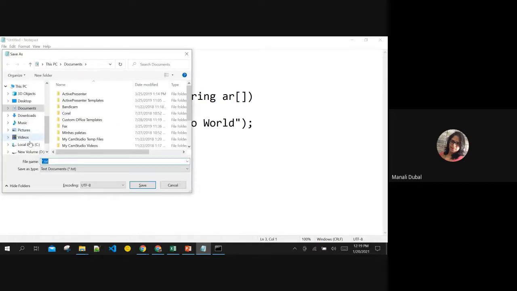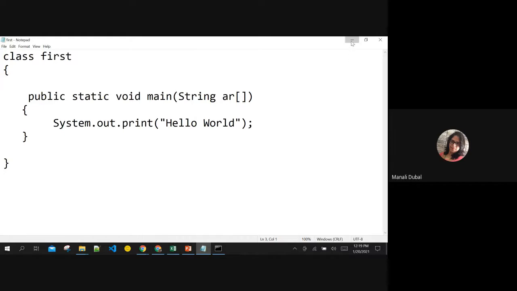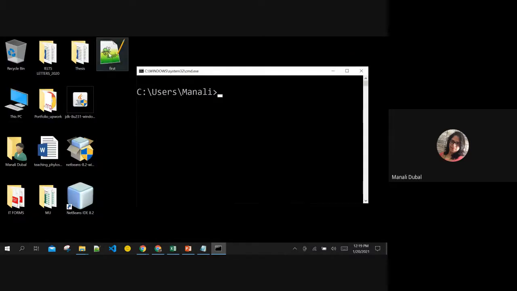Say, for example, I'm saving it on my desktop, all right? I'm saving it as first.java because the extension is .java here. It is a Java file, all right? We click on save. Once it is saved, you will be able to see this over here. Now your path should be till desktop. Why? Because where is my program? On the desktop. All right, so I'll open the command prompt on desktop.